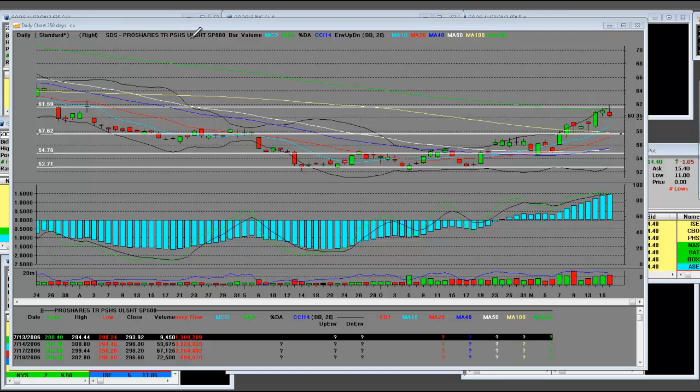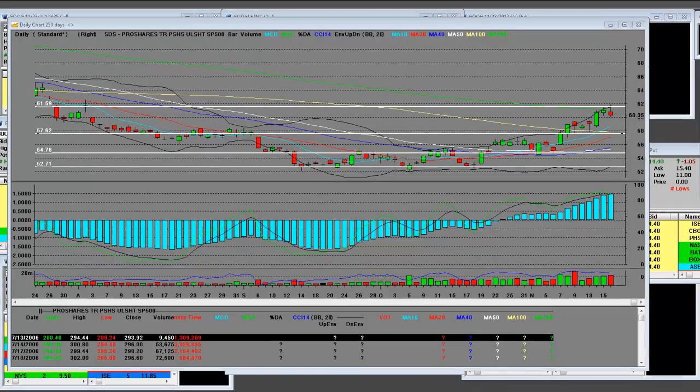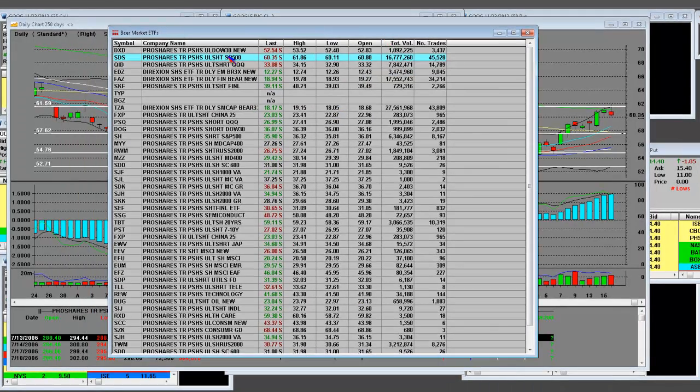SDS, ProShares UltraShort S&P 500. This has been setting up a bottom base. When the S&P corrected from 1475 down, these bear funds were at their all-time lows and were deeply oversold. We haven't looked at them for a while, but once again, I will put right here in the video,